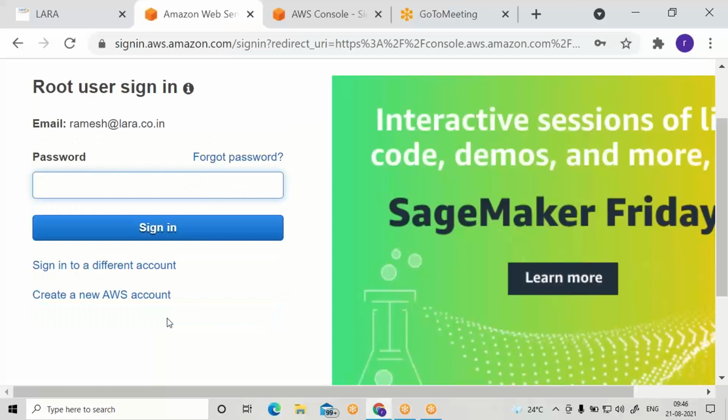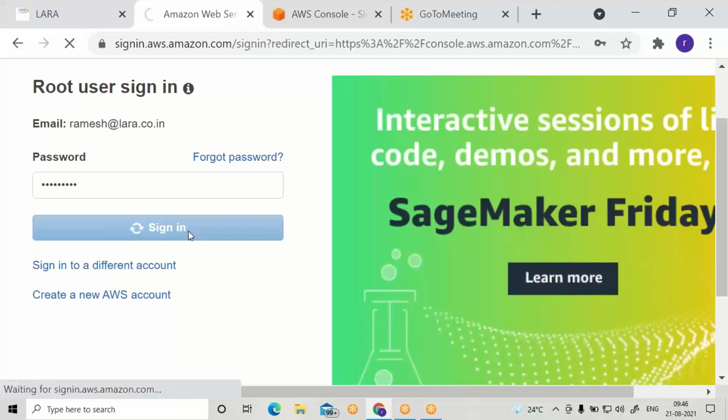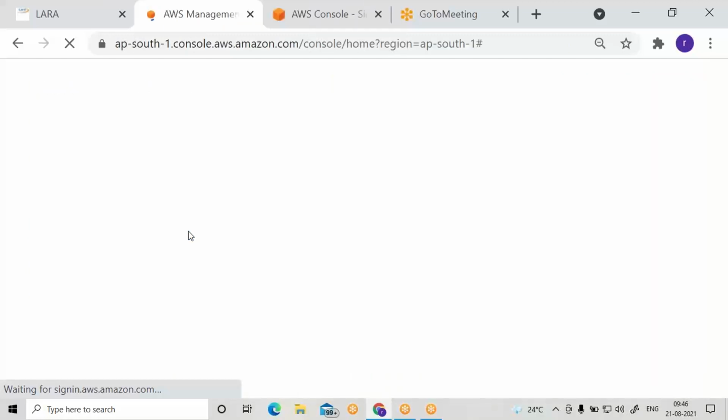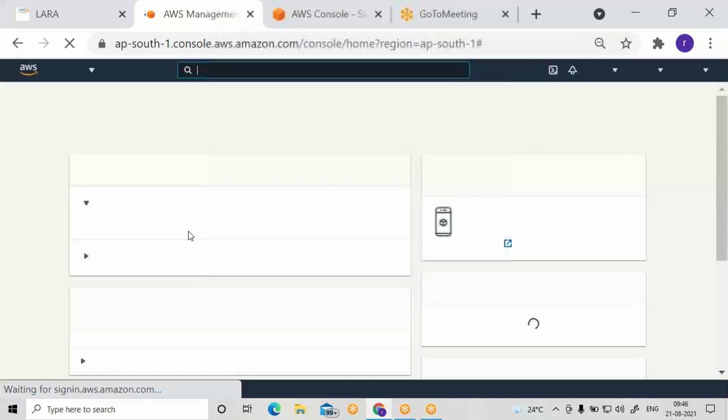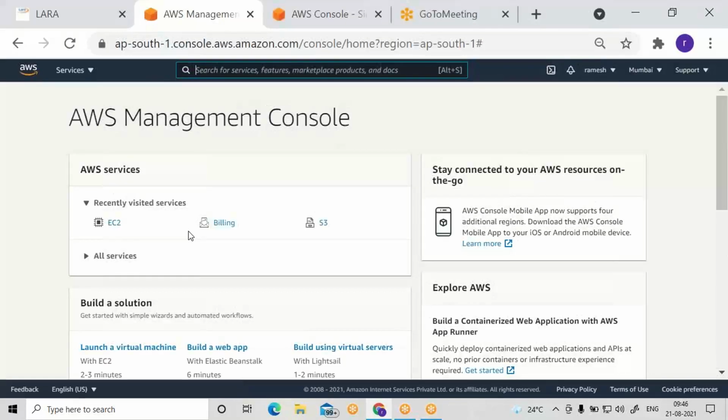Click on sign in anywhere in the aws.com. Go as a root user. Mention your email address. Then specify password. Mention the password, whatever password you have chosen. We entered into the AWS account.